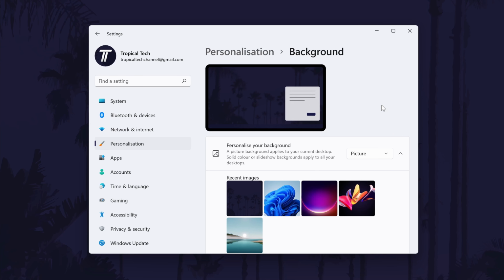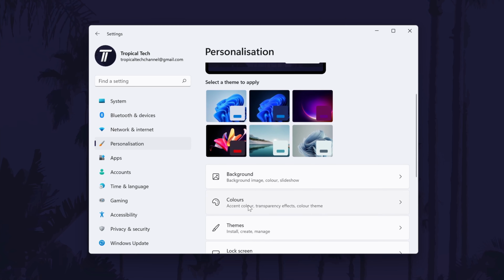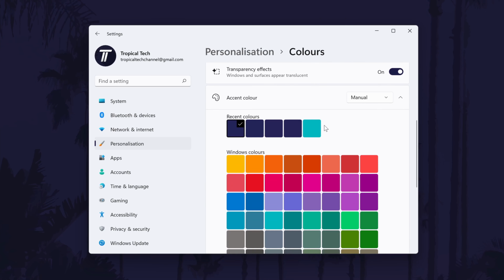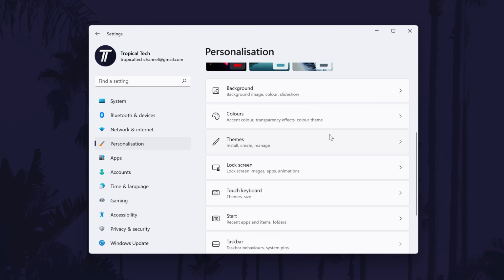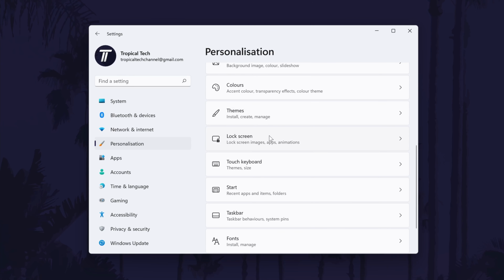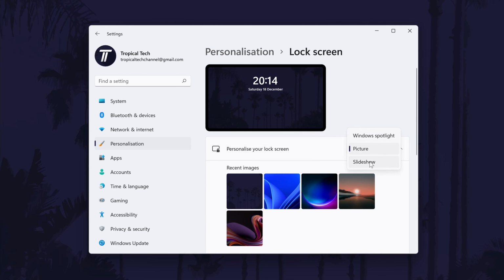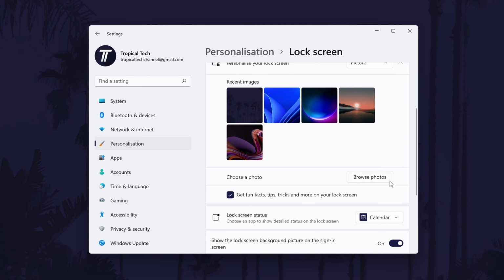Back in the personalization settings, next you can change your accent color in the colors section, and you can have a custom color if you want. Below the color choices, you can select where you want the color to appear. Next, you can choose or save your current setup as a theme. Below this, you can customize your lock screen and add a custom picture just like we did with the desktop